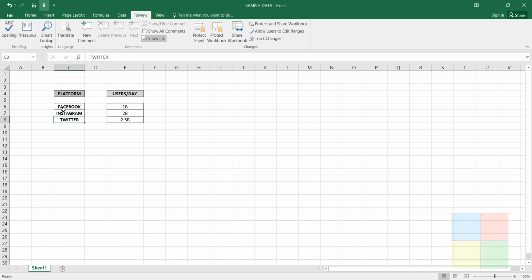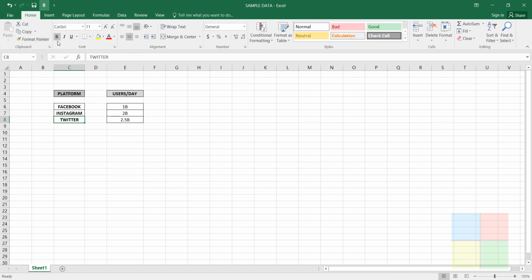So this is how you can make use of this QAT, and this is not just for the bold command. You can apply this to any of the commands on any tabs. Like here you can make use of this fill color option or any of the options you see here.